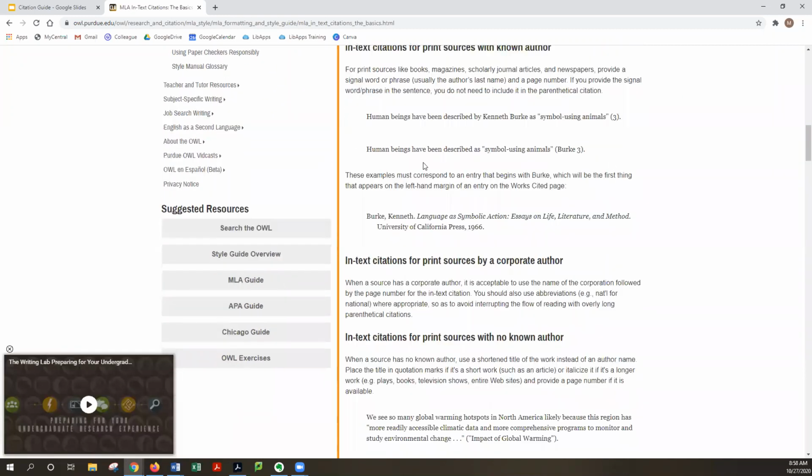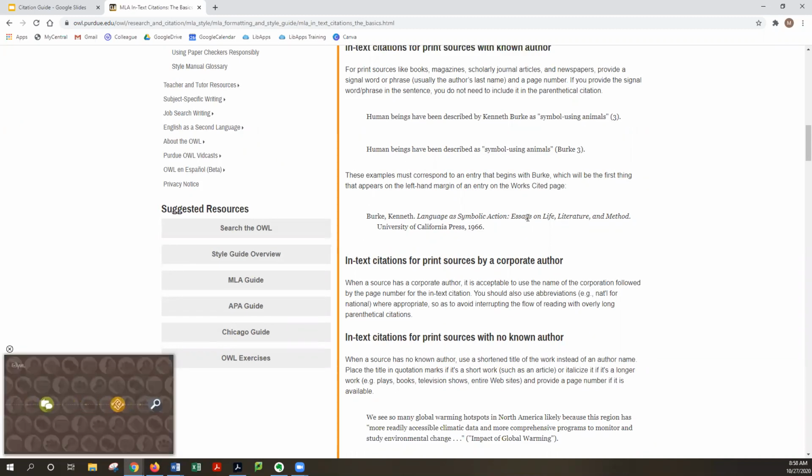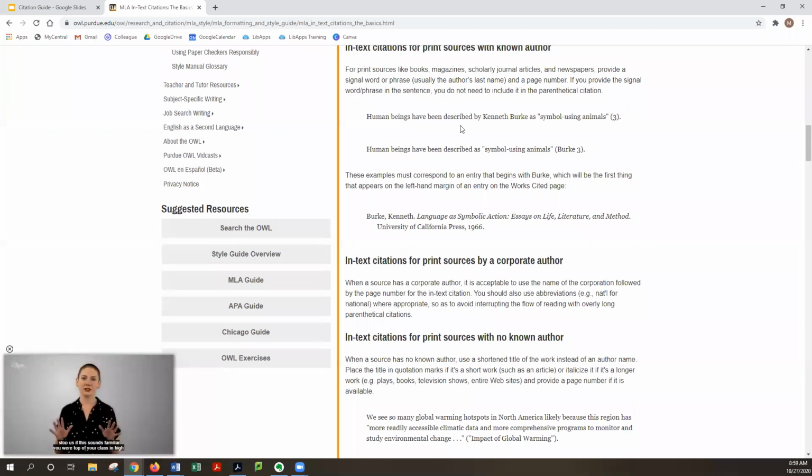So in this case, just for example, we're looking at Language as a Symbolic Action, Essays on Life, Literature, and Method by Kenneth Burke, published in 1966. When you're doing that citation, you actually have two ways to do this in text. If you mention the author's name in the sentence, for example, human beings have been described by Kenneth Burke as symbol using animals, then your in-text citation, that's what this parentheses is,